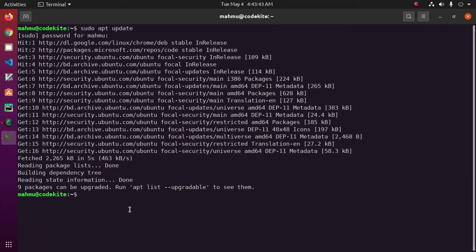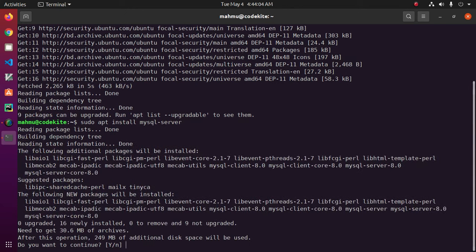MySQL server. So use this command to install MySQL server. Okay, apt install. Now hit enter and type Y to continue installation,